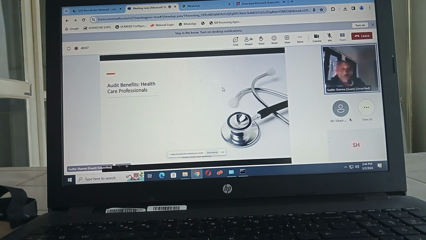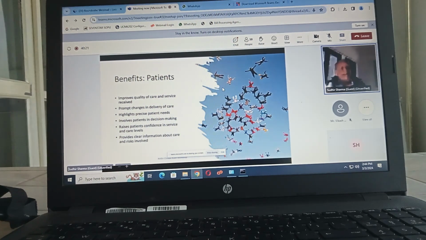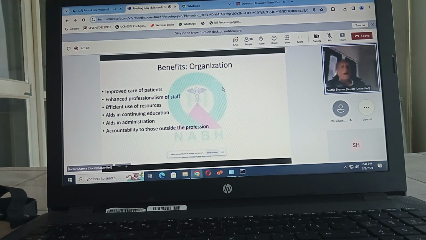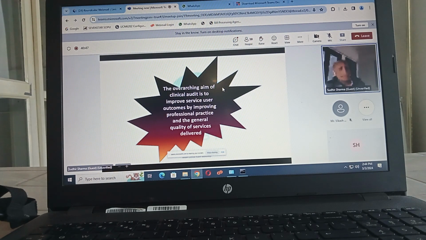It obviously benefits everybody, and already everybody has understood this aspect. It improves traceability and the quality of service, and therefore it also benefits the organization through efficient use of resources, which every CEO likes to see. Let's deliver the best outcome that we can, usually as a group of healthcare professionals. So the overarching aim of